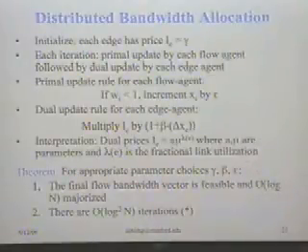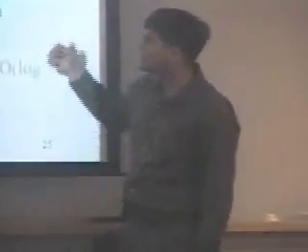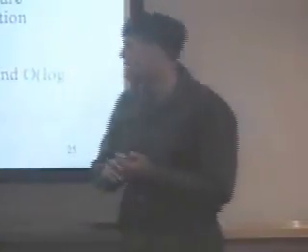And then the theorem is that for appropriate parameter choices gamma, beta, and epsilon, the final flow bandwidth vector is feasible and is order log n majorized. Right? So if you just run this rule where everyone keeps updating their primal flow till they hit some cost ceiling and then they stop, then what you end up getting is a feasible bandwidth vector which is order log n majorized. And you can modify it very slightly to make sure that this terminates in polylogarithmic iterations. So it's going to terminate really quickly, with order log n majorization, and you can actually prove that this is the best you can obtain. You can't obtain better than log n majorization for this problem. And